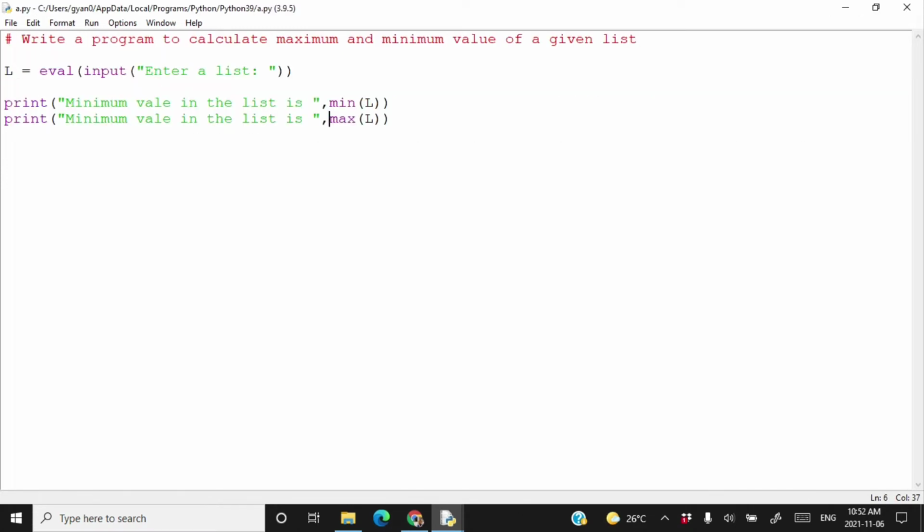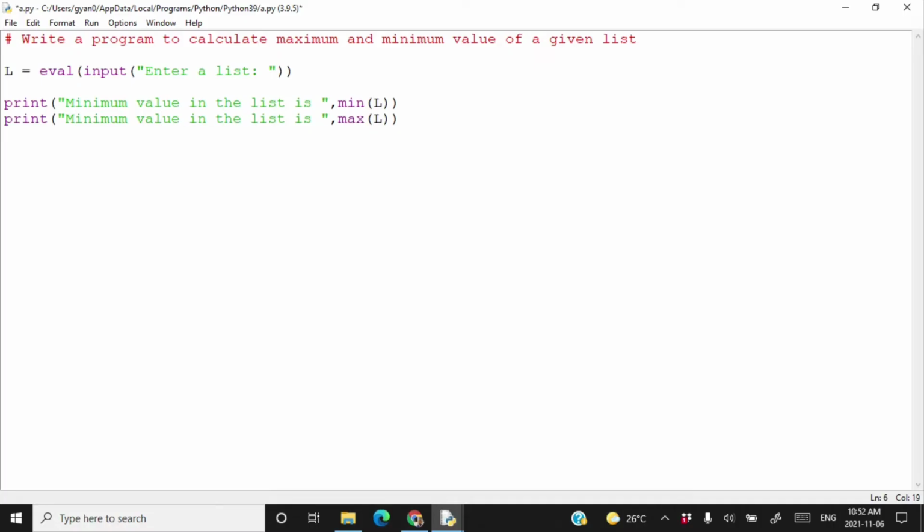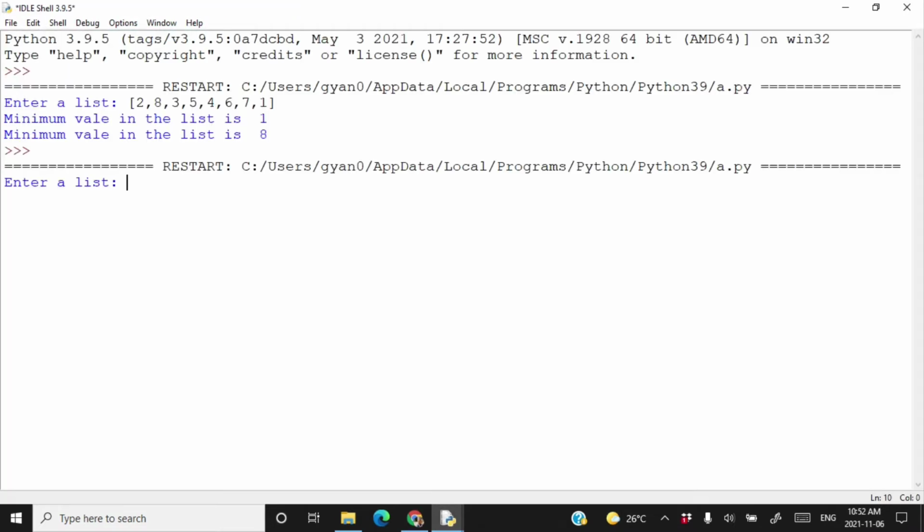Sorry for the misspelling of value; I should write them perfectly, and here I should write maximum. Now execute it again. Enter the same list, copy, paste, and here we got the result.